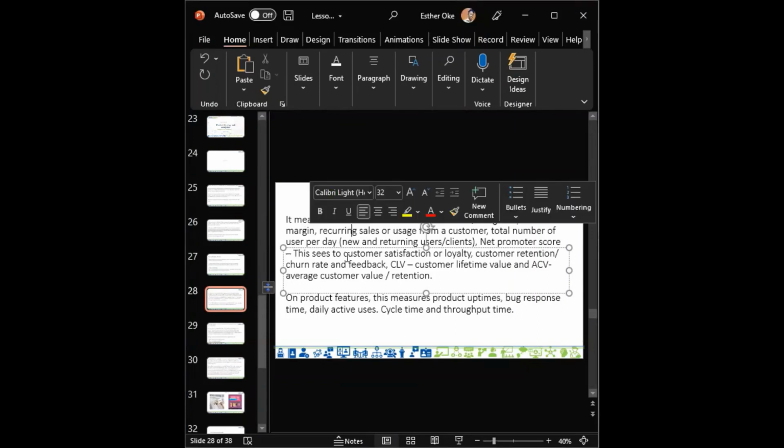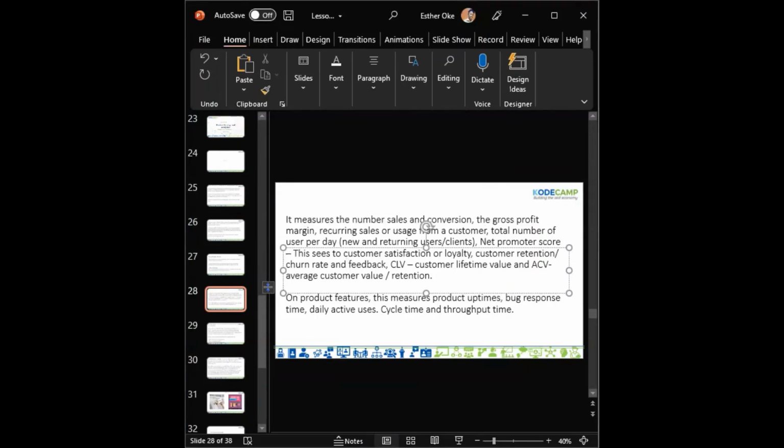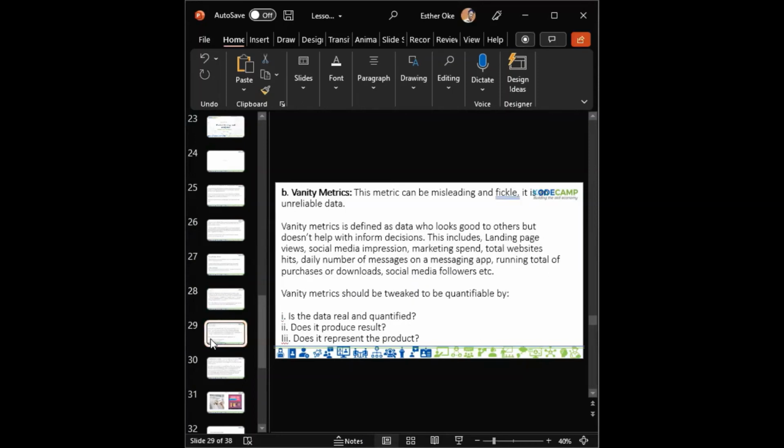So going forward, we'll talk about vanity metrics. So like I said before, a vanity metric is a metric that can be misleading and fickle. Don't mean they're not important. They make you look good, but they're not